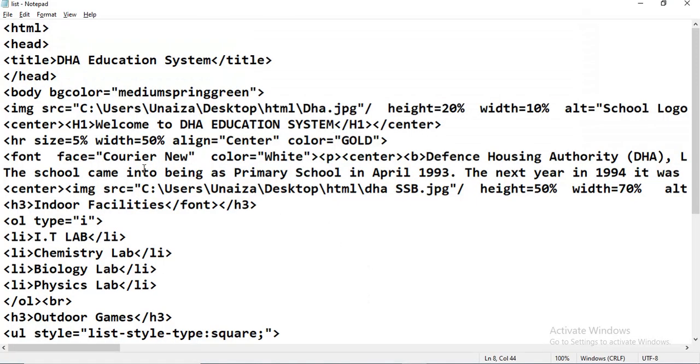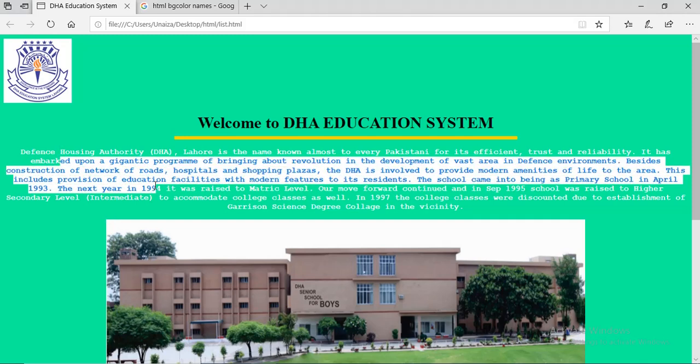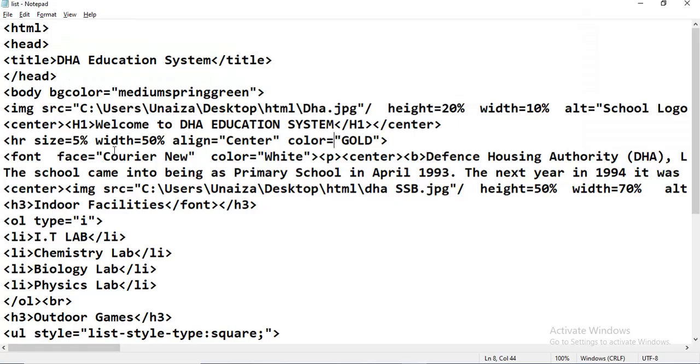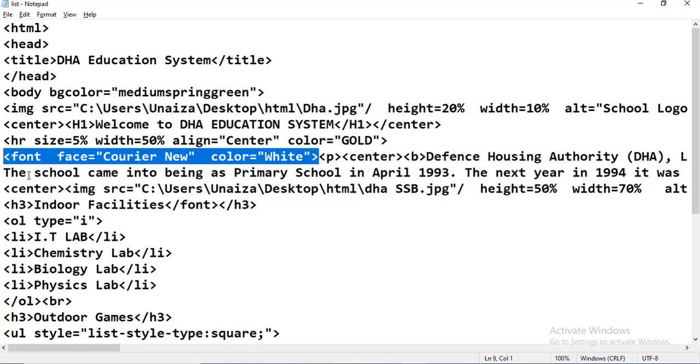Now I put up a paragraph about the DHA system over here. Here is the paragraph tag. But before that, if you observe, I use font family. Font family includes face.